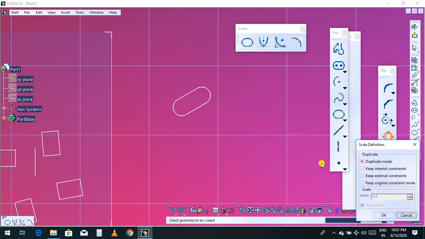So now I select this scale mode, and I will keep duplicate mode as it is. Now I will select this part or sketch.